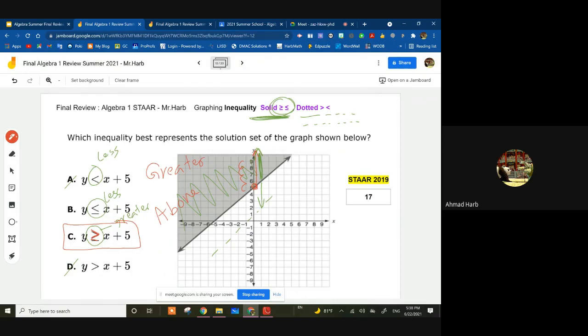Okay, hopefully that makes sense. And this is the question that came in the STAR 2019. You can review it and look it up and try to answer the questions. The next one,